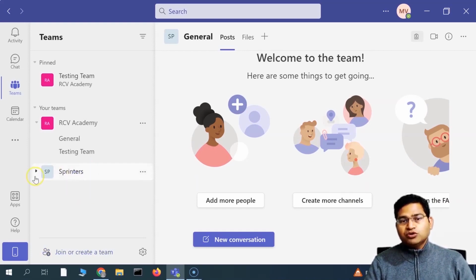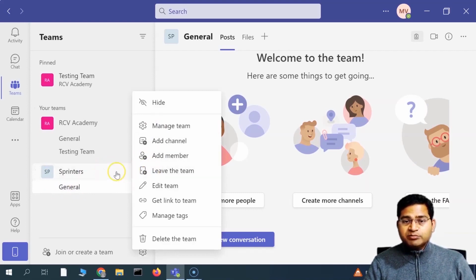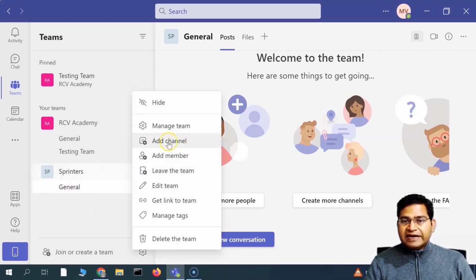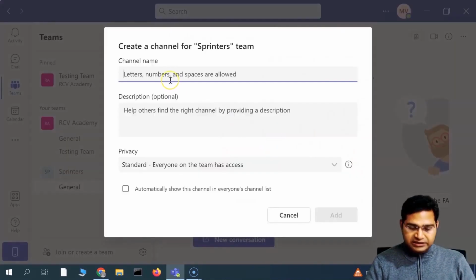But this is how you are going to create the team in Microsoft Teams. Now within this team, there is a general channel already. If I want to create different channels, I'll simply click on the ellipses here at the team level and then click on add channel. So let's quickly go ahead and create a development